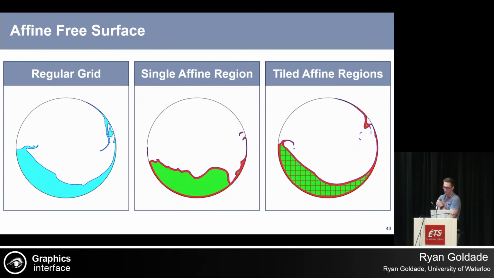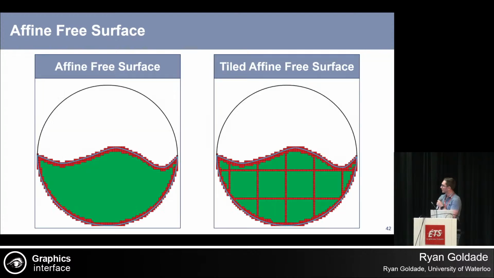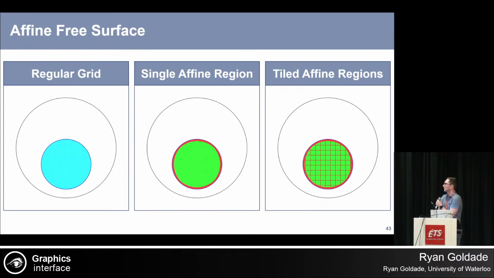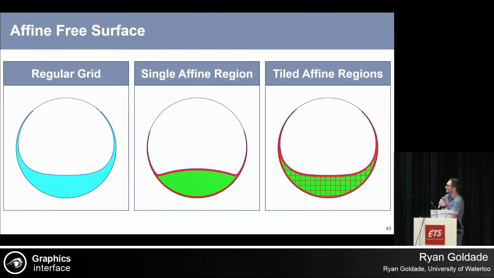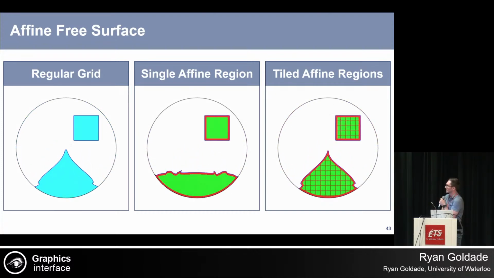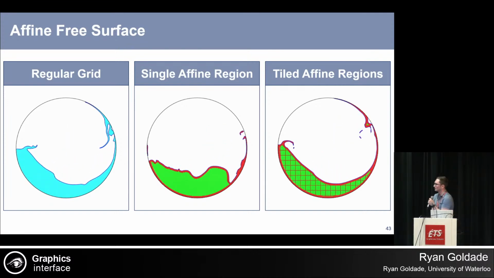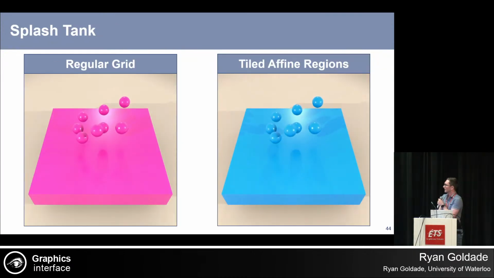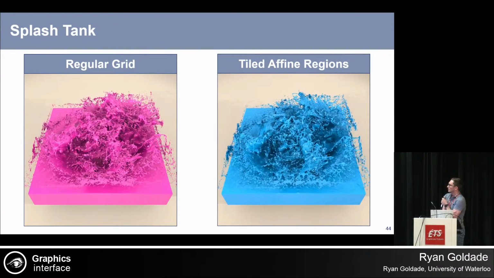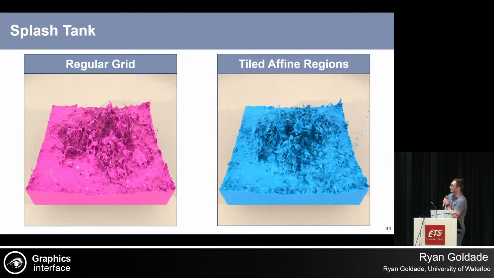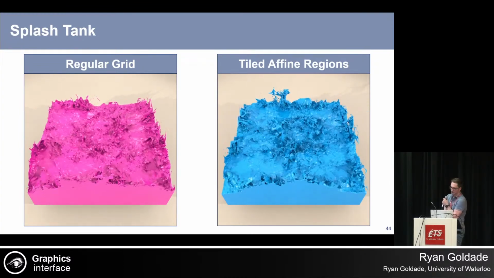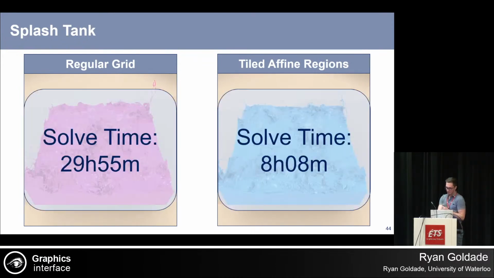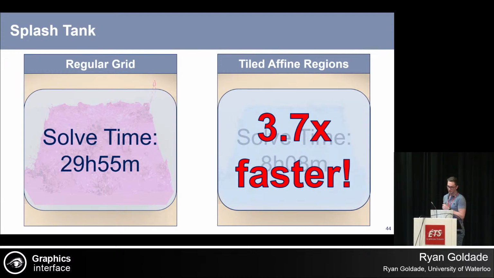And we do recover much better behavior. Let me just go back and play that again. We get much better behavior using the tiled approach than the single approach, especially where the fluid splashes back, where it's not expressive enough to represent the motion. But the tiled approach is, which is really cool. Okay, and then this also holds up for 3D, where we closely match the regular grid in a big splash tank like this. And likewise, we get big performance improvements. We get a 3.7x speed up over the regular grid approach.